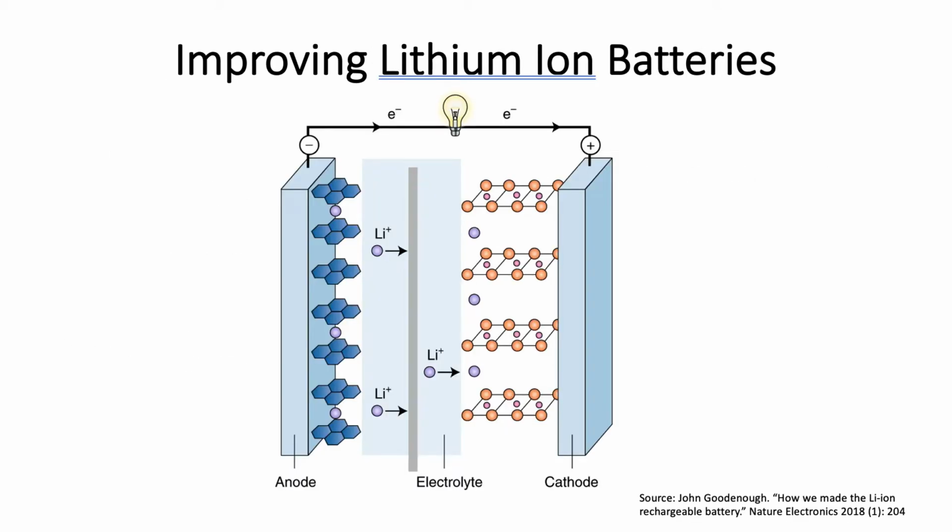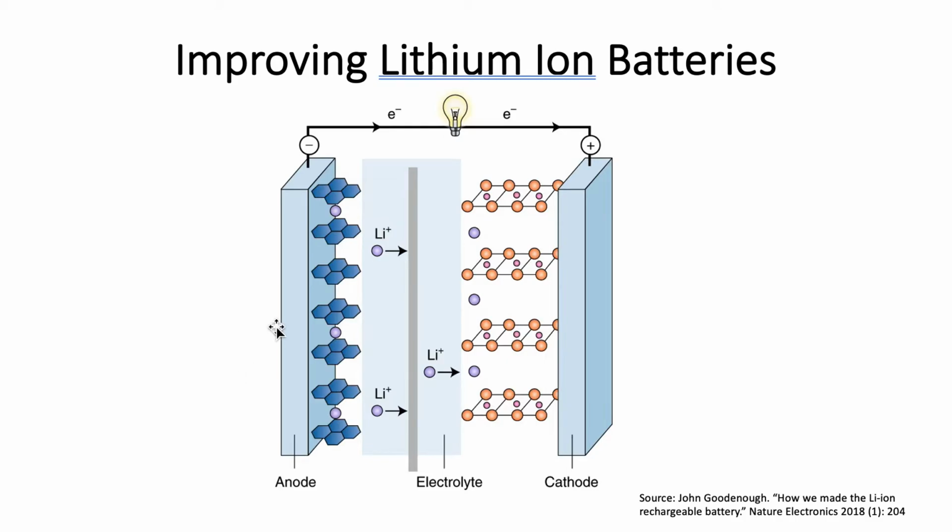So let's move on to talk about lithium-ion batteries and how shape analysis can improve them. So this is the general structure of a lithium-ion battery. You have the electrodes and a separator, and this whole system is bathed in an electrolyte solution that facilitates the flow of lithium ions back and forth with each charge and discharge cycle. And each of these components are ways in which lithium-ion batteries can be improved in terms of their density